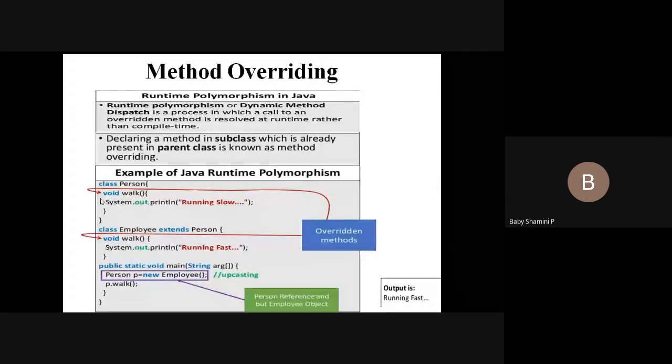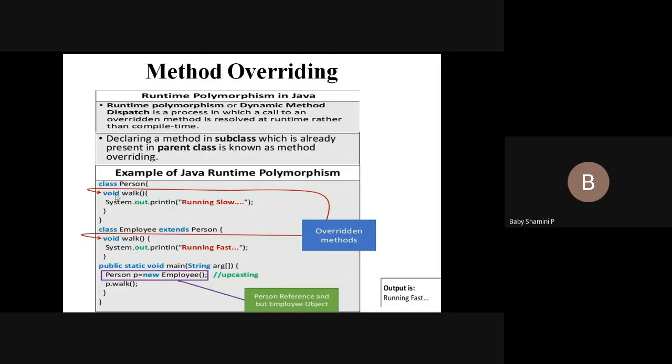For example, in method overriding, it has the same return type, that is void, and the same method name, walk and walk. Method overriding can be implemented through the inheritance concept. That's why here we are using class Employee extends Person. Here we have the superclass, class Person.